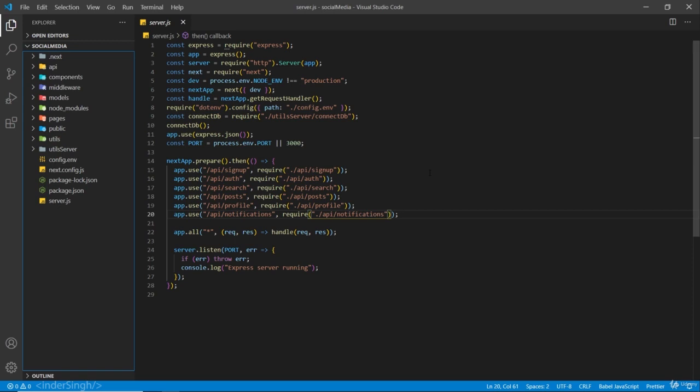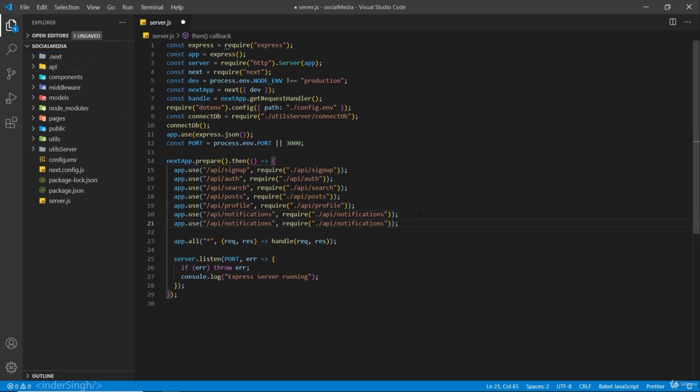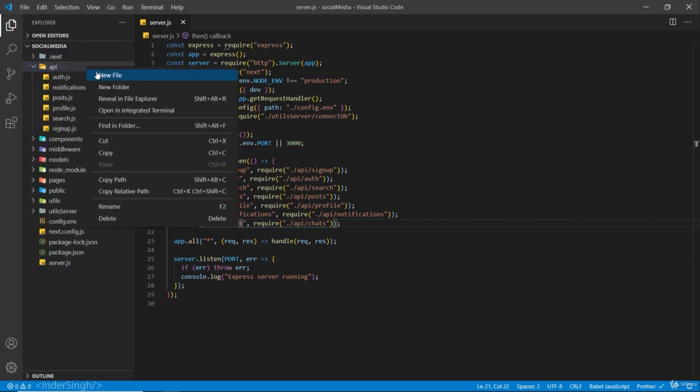So in this video, we're going to create the API route for bringing the chats from the backend to the front end. And inside the server.js file, I'm going to add the app.use for our chats. And we're going to create this file in just a second. And inside the API folder,